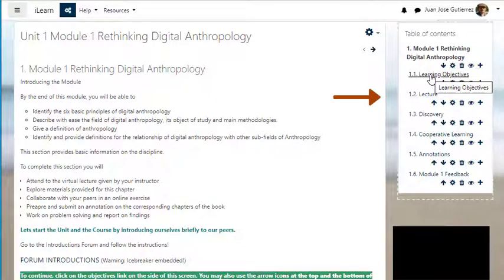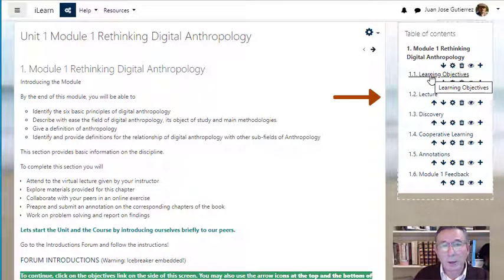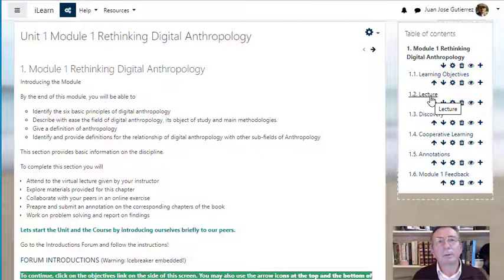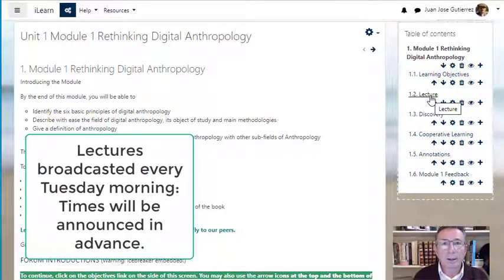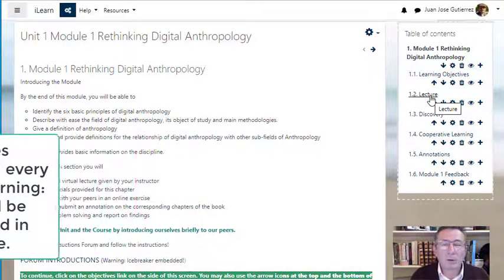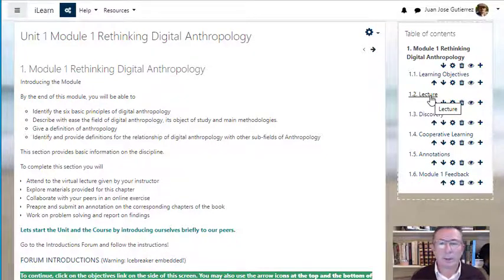Then I will be posting a lecture, which I will be recording online every Tuesday morning. I will be sending you the times. You're welcome to attend. It's non-mandatory, but if you have the time and you can attend the lecture, then you get that out of the way and we get some interactivity going on. That's what they call the synchronous activity. But if you cannot make the Tuesday morning, that's fine. You can come back later that day in the evening, and you will see the recording of the session, and it will have exactly what I said in the morning, so it's fine.